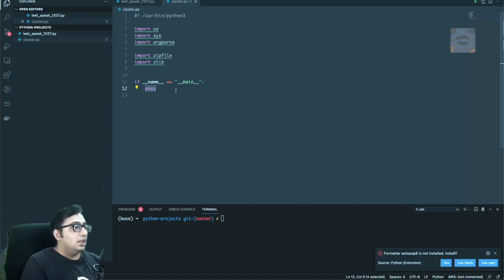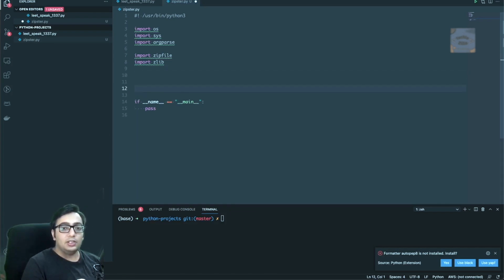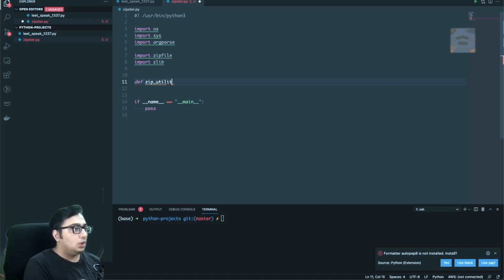All right, now that we have discussed that, let's do something here. But before that, let's make utility functions for ourselves so that we can actually zip the file itself. All right, so let's make a utility function, and let's name it zip utility. And then what this particular function should do for us is